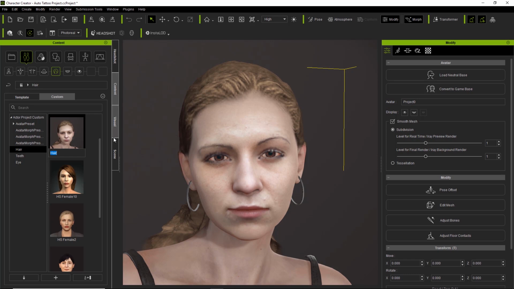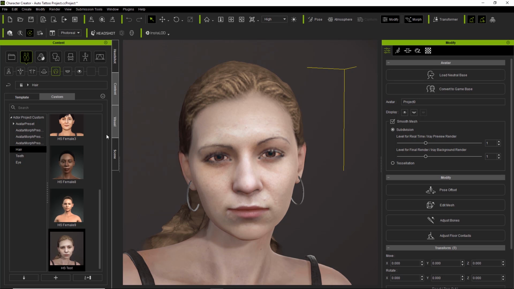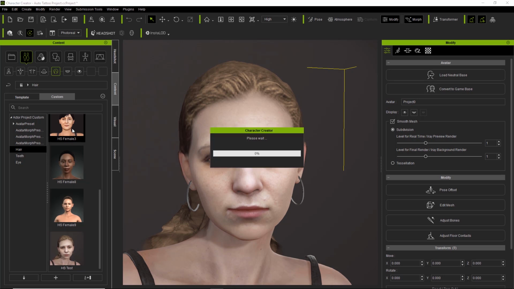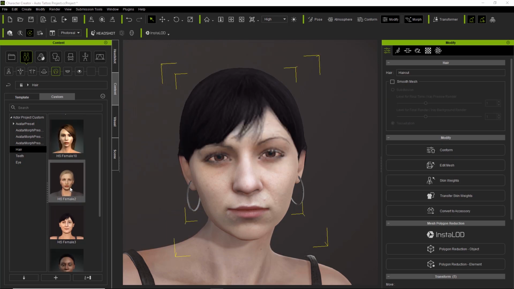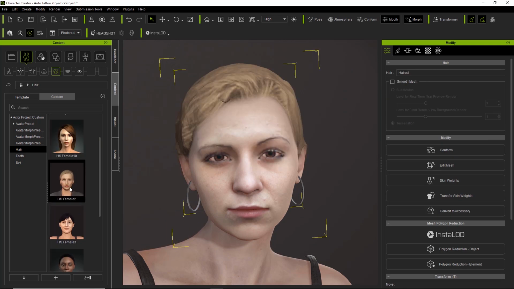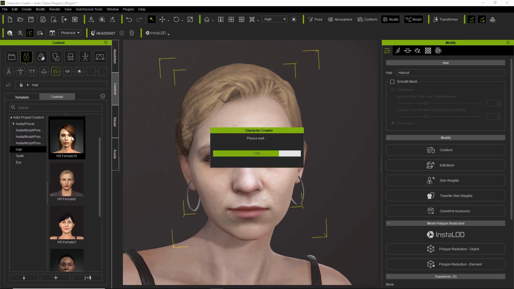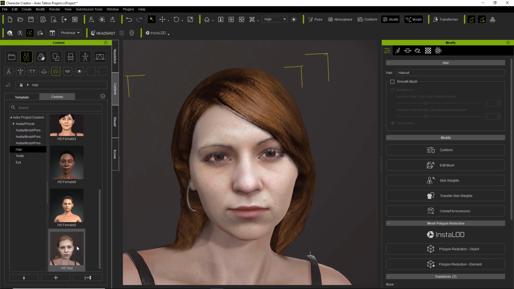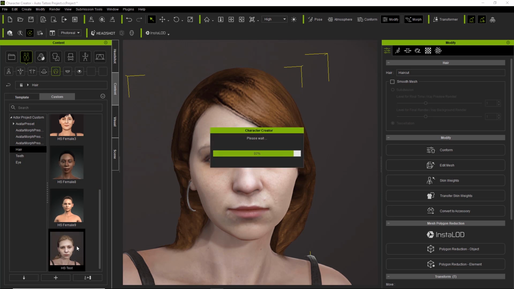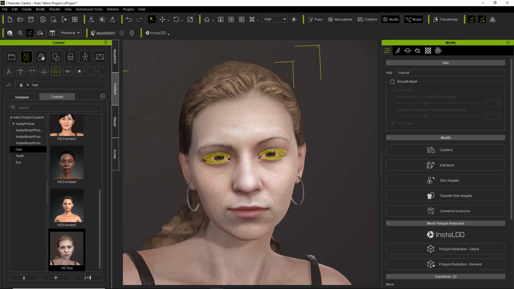And we'll just call this HS for Headshot and test. All right. So that's the hair that we tested on our character. And we can throw in a bunch of other custom hairs that I've saved there from previous characters. You can see a bunch of various types of hair with various results. And that's how you can basically save your hair on your character. Okay, that's a really simple process.